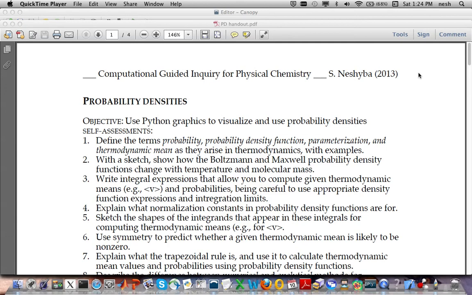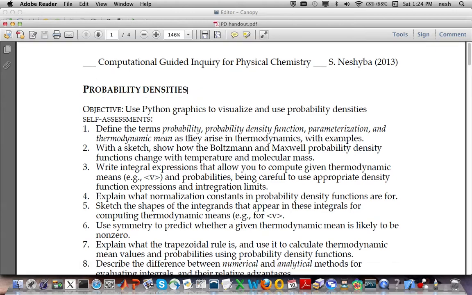Hello, this is Professor Stephen Neshiba, and I'm here to help you out with the computational exercise having to do with probability densities. Here's the handout on that, probability densities, and there's a number of objectives that we have, some